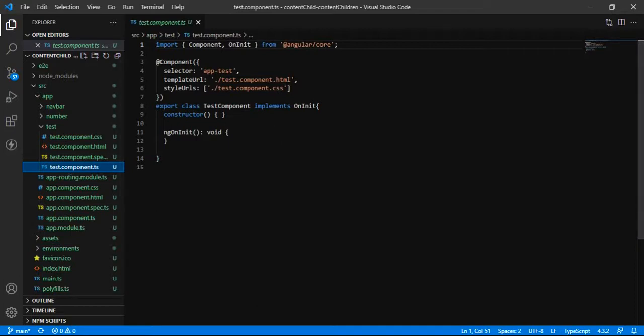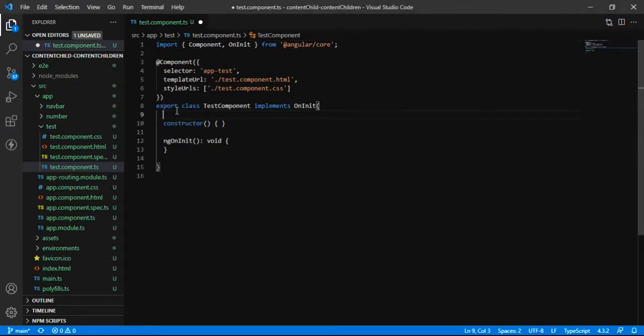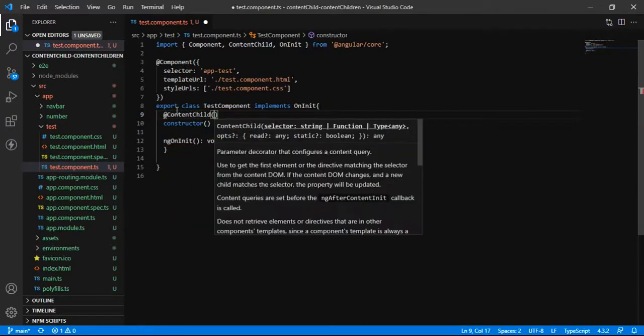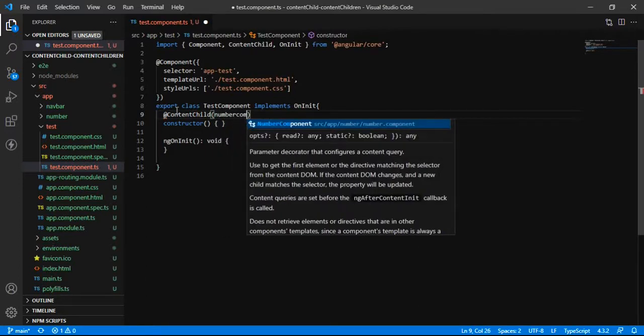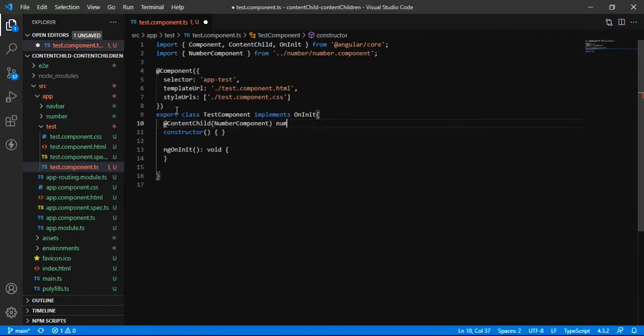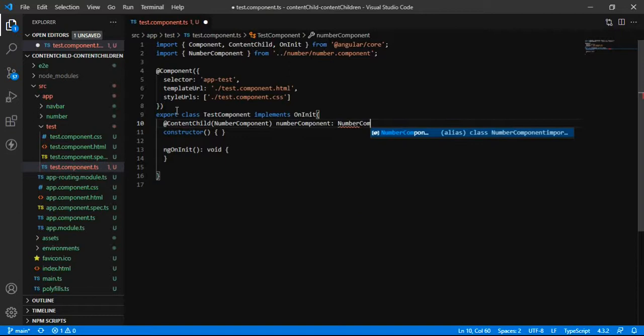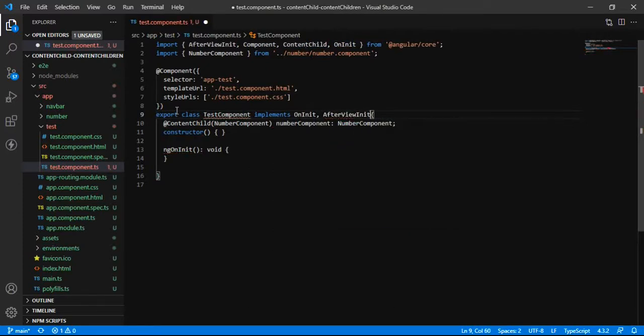All we have to do is define the variable inside the test component class, and specify which kind of element is getting projected, the number component, and we will try to access this element after viewing it.